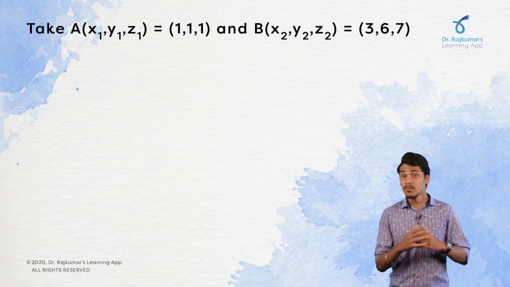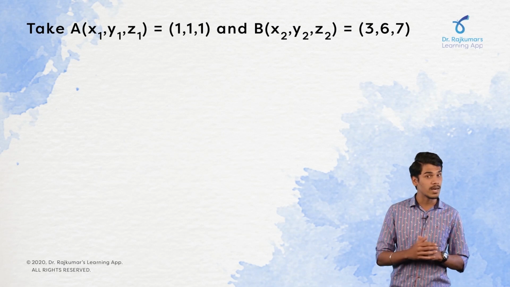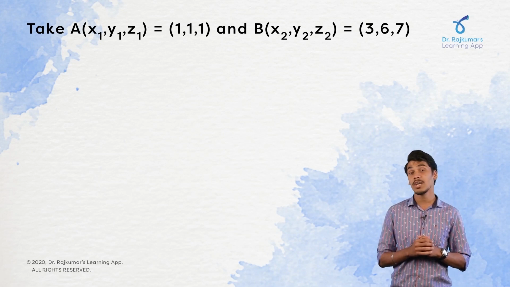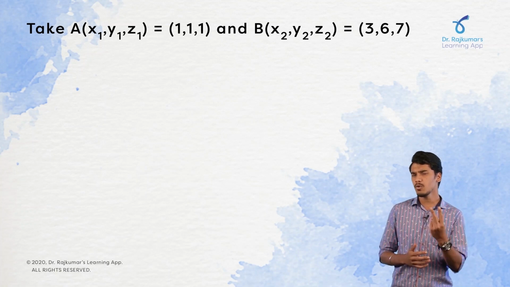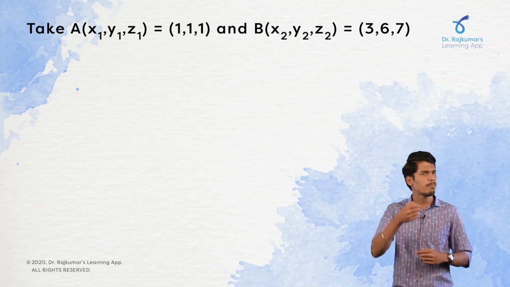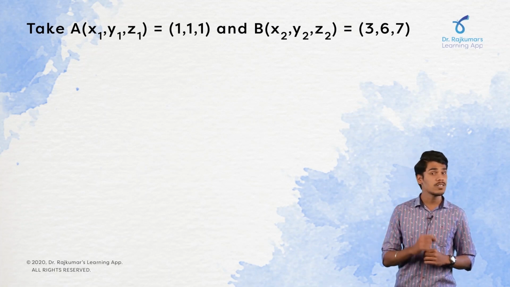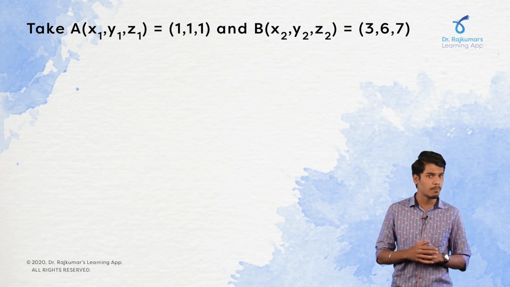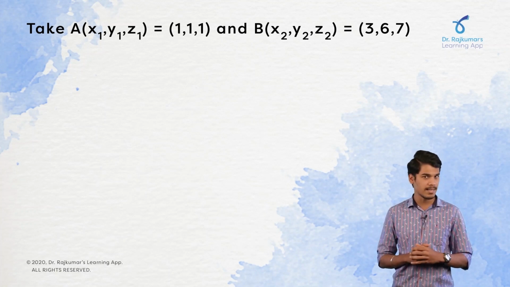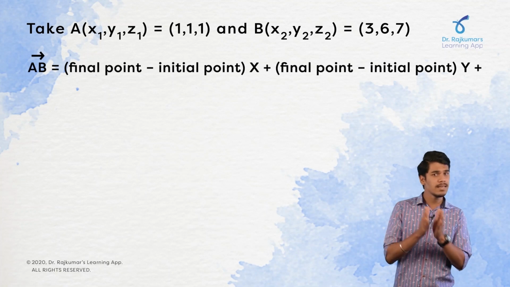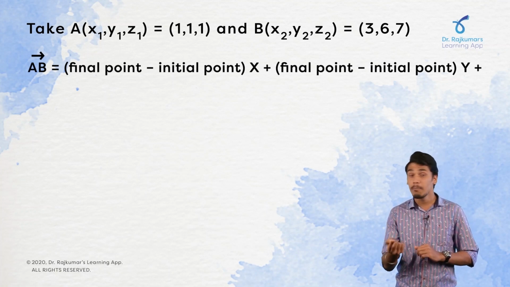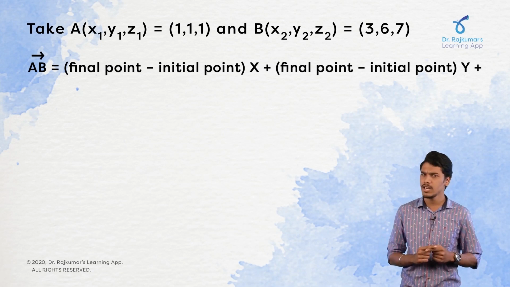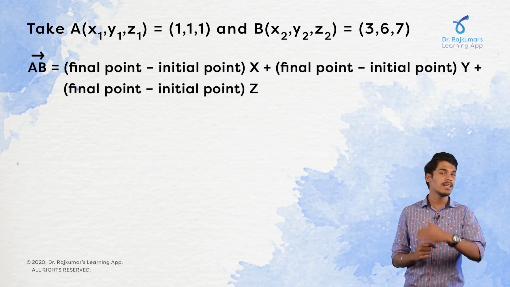Now, if I have to find the value of the vector, that time I'll have to check on the initial as well as final points, right? Because there are only 2 points on which I can concentrate for a particular vector. So, when I concentrate on initial as well as final point, the vector is written as final point minus initial point along x direction plus final point minus initial point along y direction and then final point minus initial point